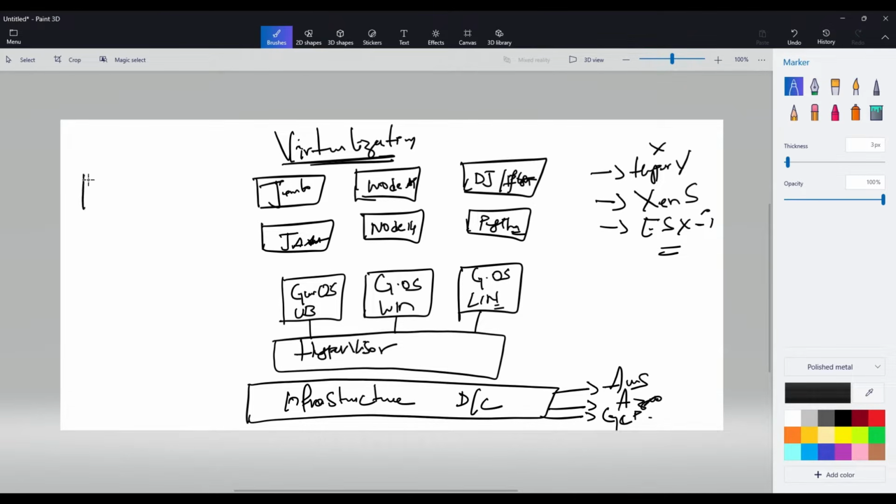See guys, what will happen is, if there is a single guest operating system here, and if you deploy three applications here, imagine due to some disaster or some physical damage occurs, and this server is completely down. In such case, what will happen? All your three applications will be down. So it is not a best practice to deploy all the three applications in the same guest operating system.